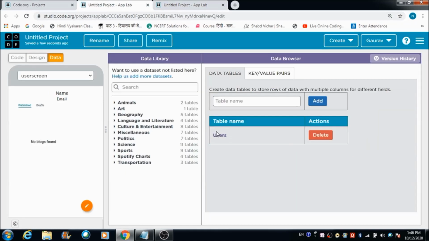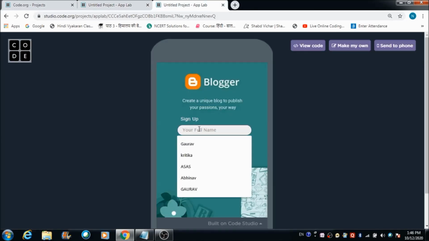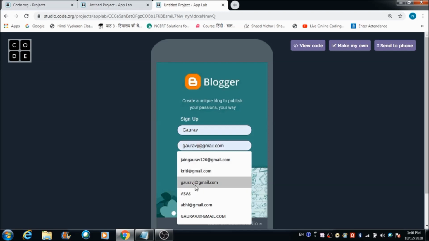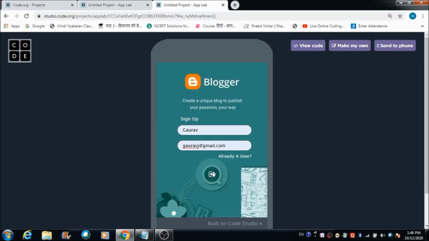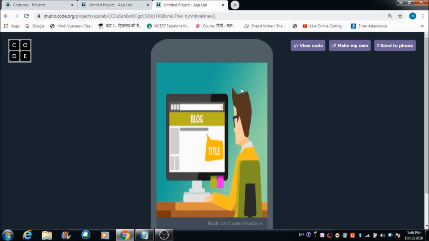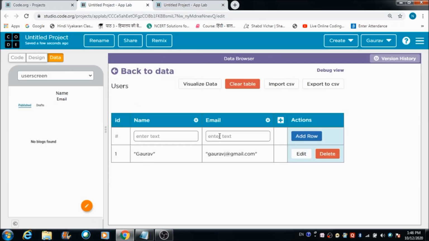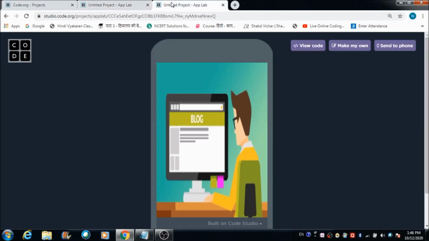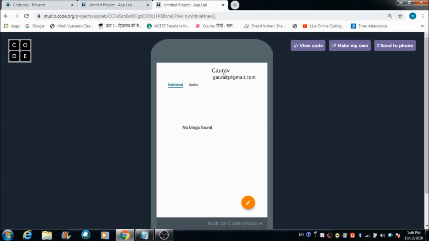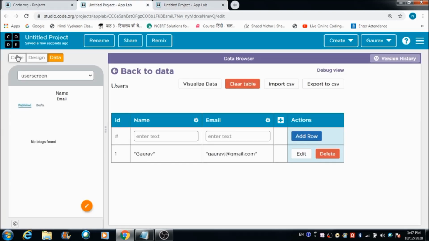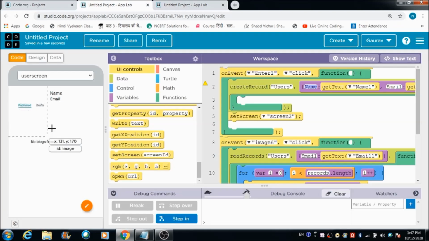I'm deleting this table for now. Okay, and I'm going to run the code again. Gaurav, and this is Gaurav J. This is the screen I'm going to come across. Let's see whether we've got a table here or not. Now the table has got created again. Let's see what's going to happen when we will hit this screen. So now the email ID is getting properly reflected and the name is also here. So we are done with defining the code till this screen.